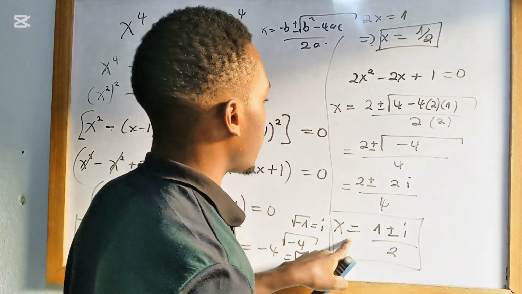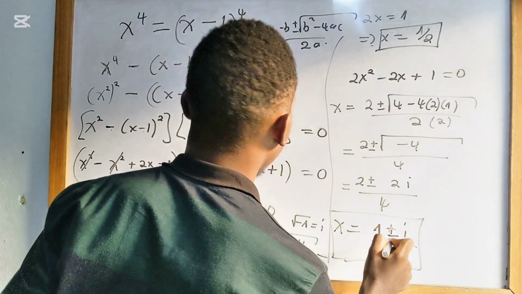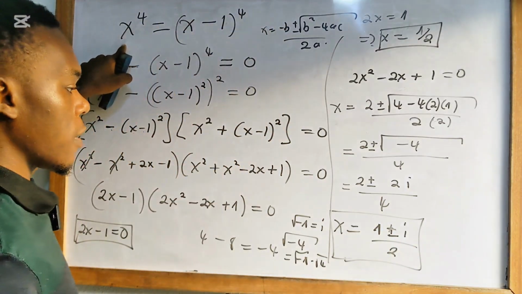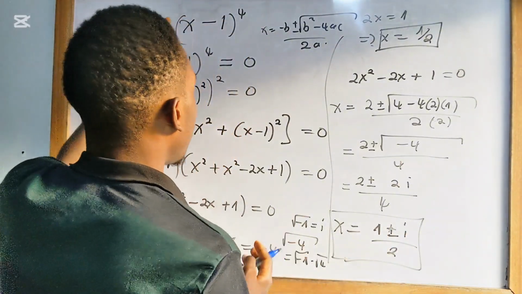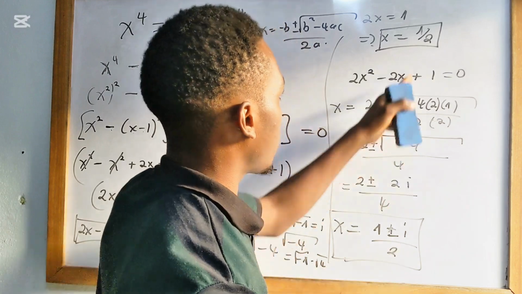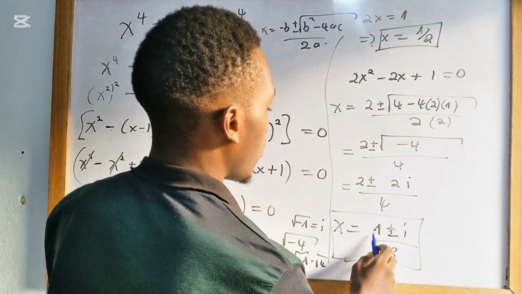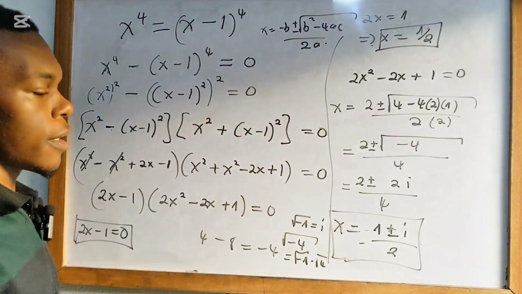And now the other values of x, this is 1 and this is the other one. If you substitute this one in here, you're automatically going to have the same answer, because the other square will be equivalent to this, since there will just be a negative coming in this minus. There will just be the negative minus 1, and the power 4 will give the same thing, and we come to